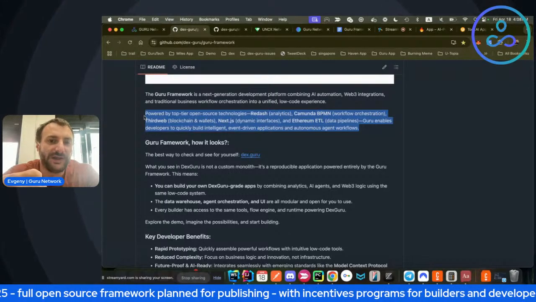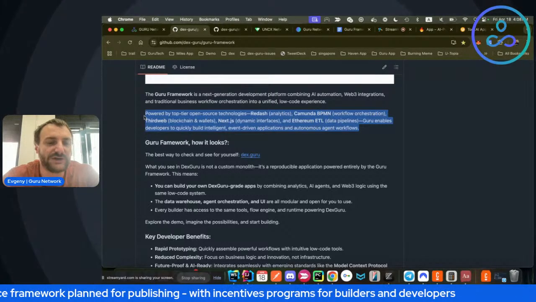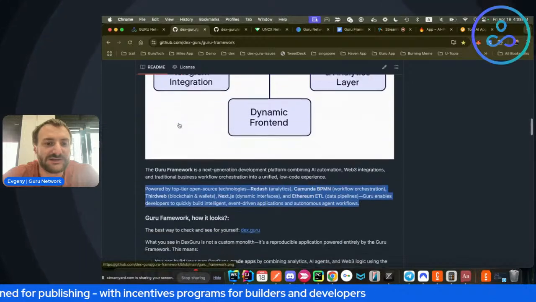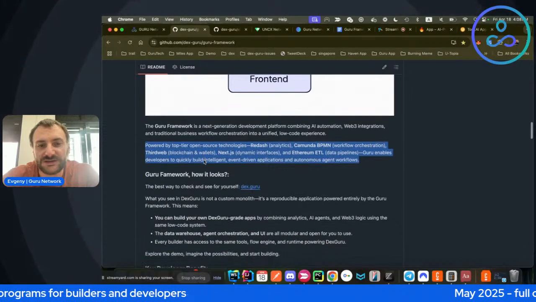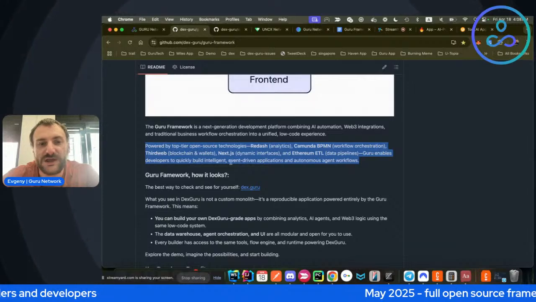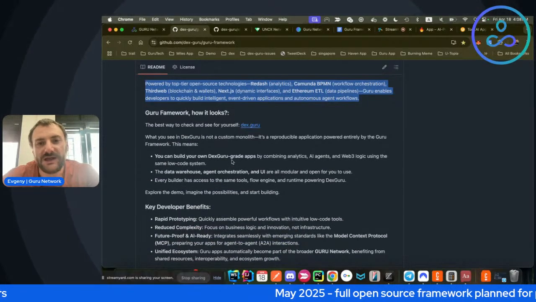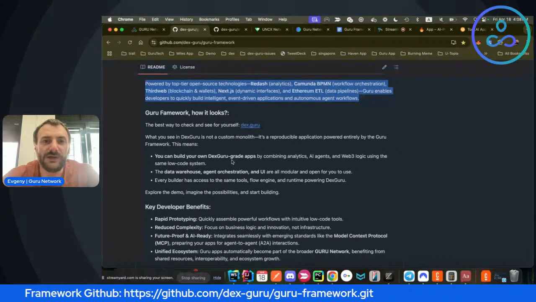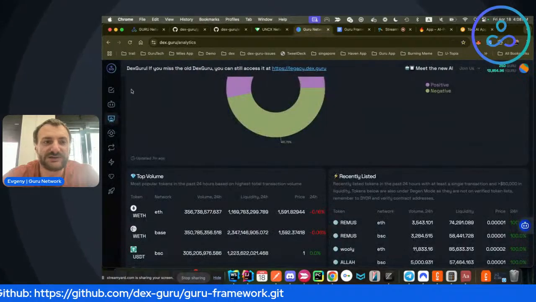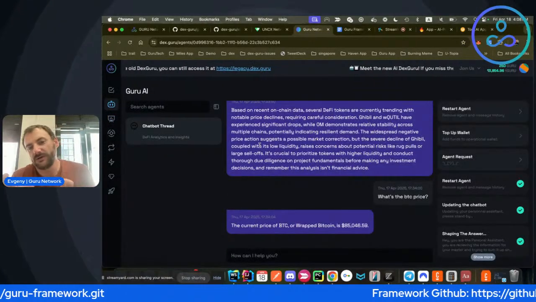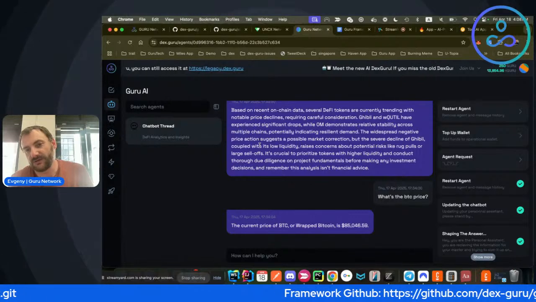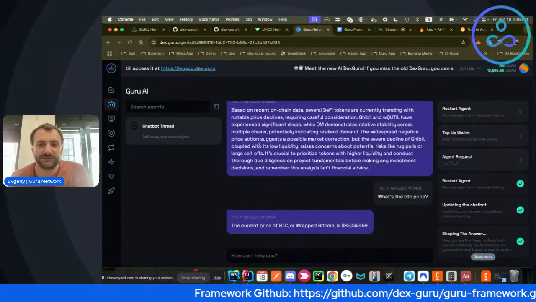For example, if you would like to build something like a posting agent application or marketing agent application, I see that the easiest way to do it is just to fork the Guru framework and start building it using our tool set, because out of the box, you would have all those things and an agent included, which could go towards our data analytics solution, for example.